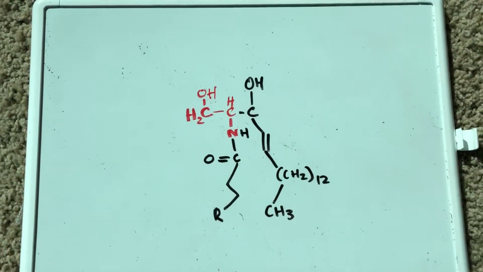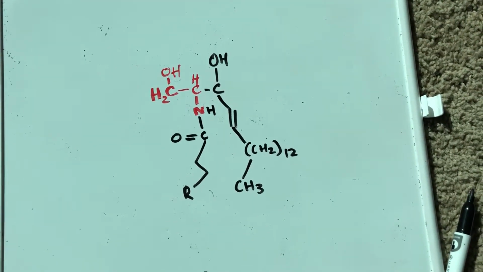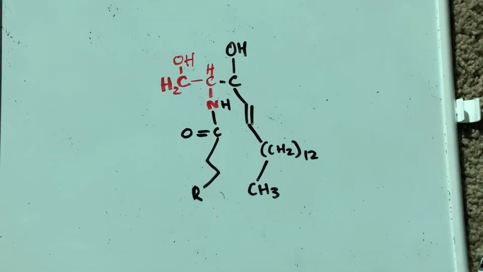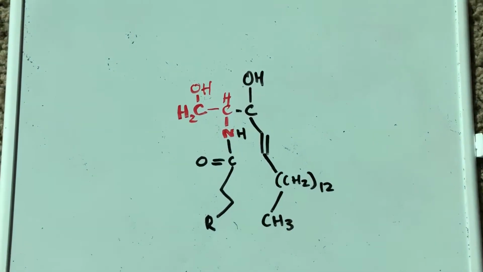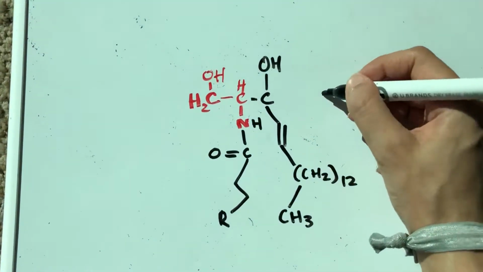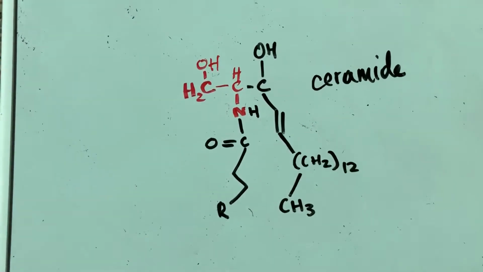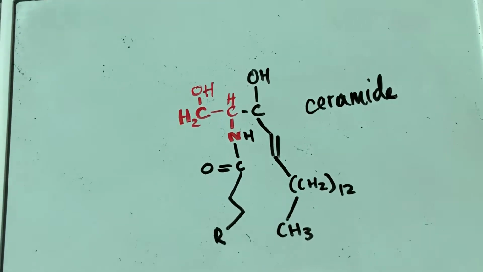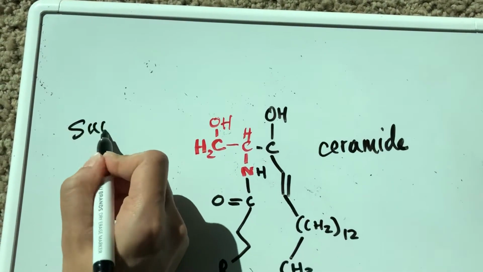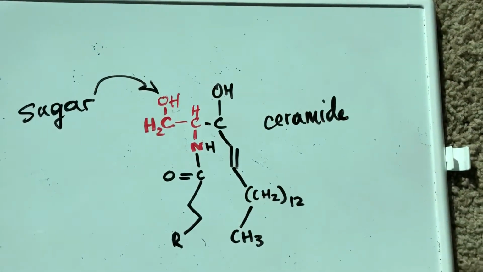So it's derived from ceramide, which basically looks like that. So this is ceramide. The only difference being that there's no phosphate group here. So this is ceramide. It's possible for a sugar to attach to this hydroxy group here,